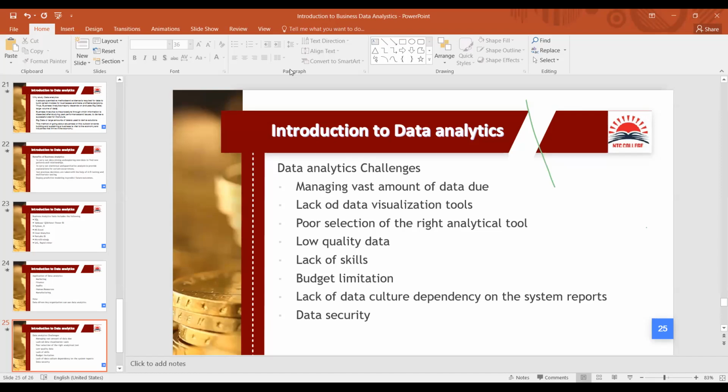So again, selecting the right analytical tool is critical, a tool that you understand, a tool that will aid you to achieve the objective that you want to achieve at the end of the day,